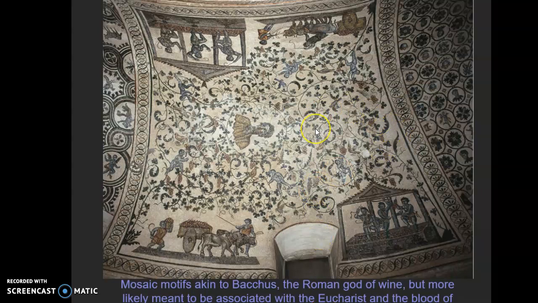So it's very interesting. It's a lot like the sarcophagus of Junius Bassus, where at first glance it looks so old school Roman, but then when you think about the space and the context of the times, and why are they including a Roman god in a sanctuary built by a Christian emperor for his likely Christian sister? Then you start to see what they're doing is they're adapting something from the past to a more Christian interpretation.